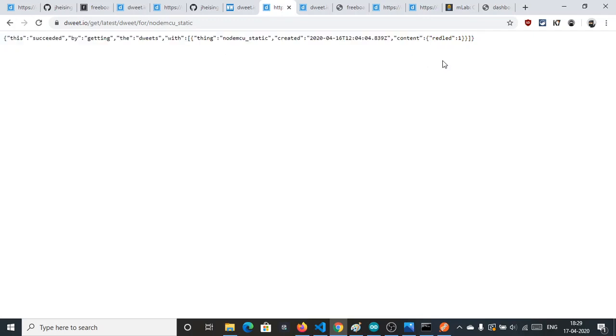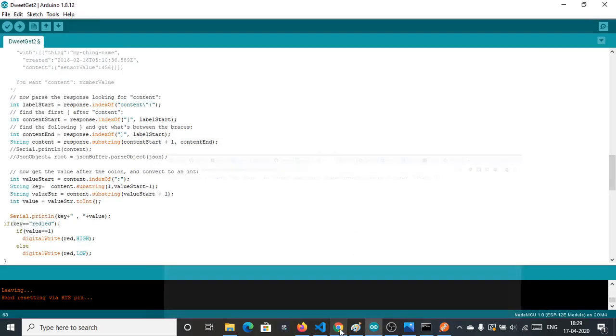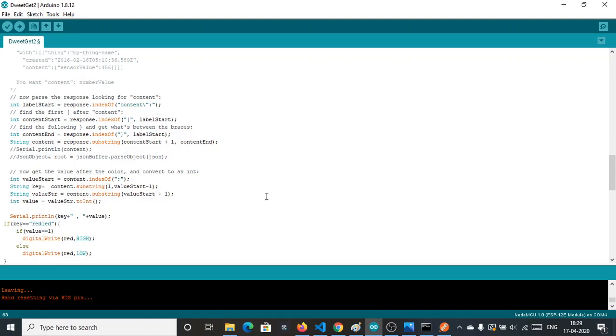It's easy, but it's not that simple, because for parsing you need to use the ArduinoJson library, and that library uses some extra memory for parsing your JSON string.